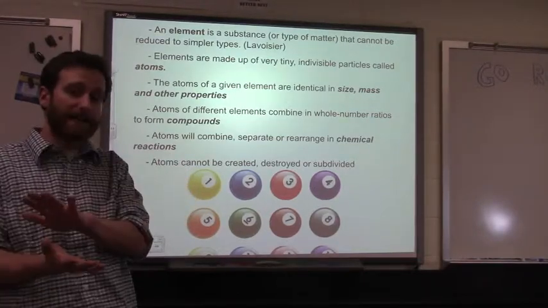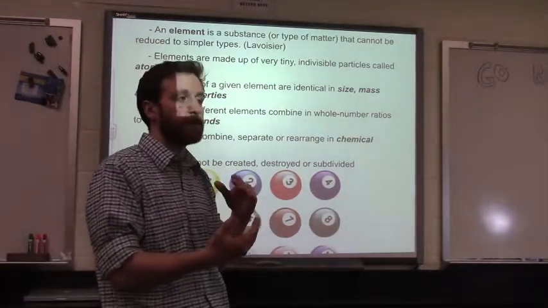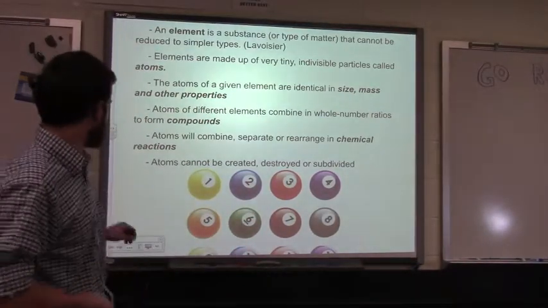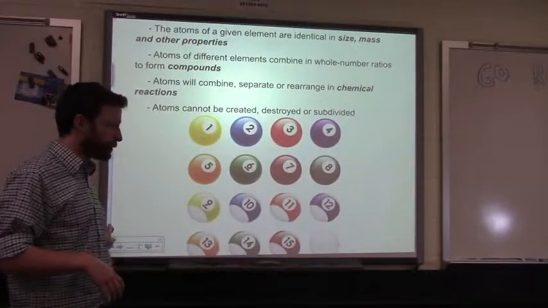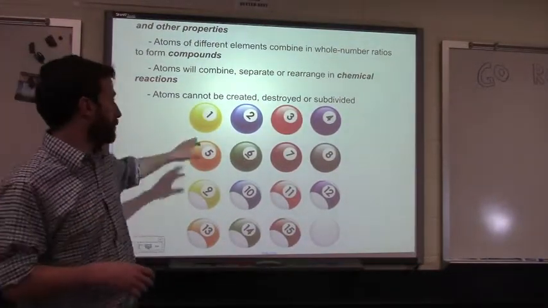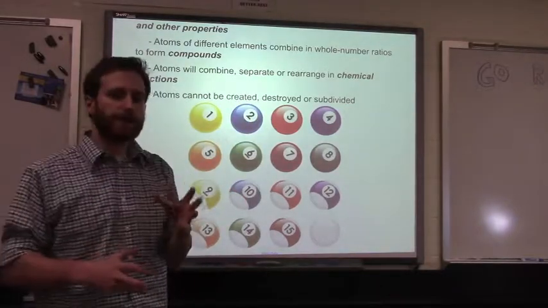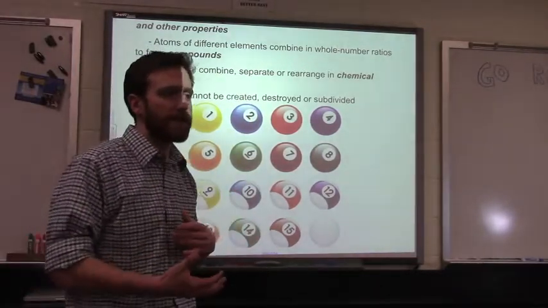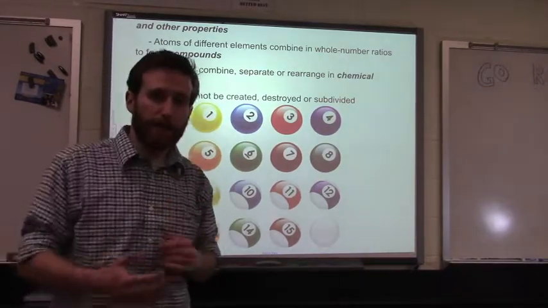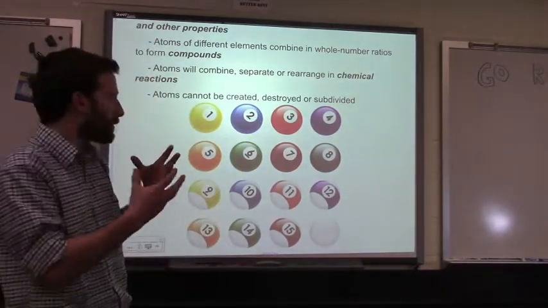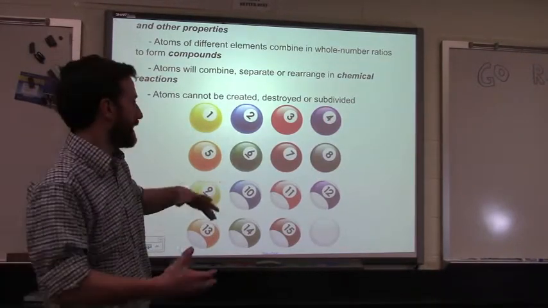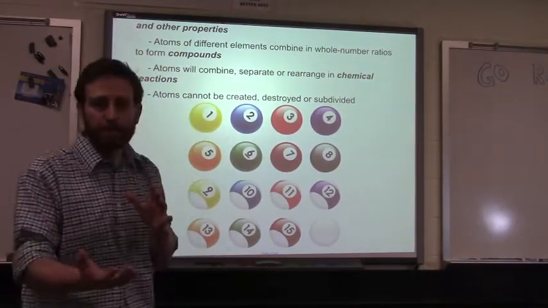So how I like to think of it, and how we often refer to John Dalton's atomic theory, is the billiard ball model. So we have billiard balls, and each billiard ball, the 1 ball or the 2 ball or the 3 ball, those represent different elements. And you would say that 1 balls, regardless of the pool table you're playing on, all have a 1 written on them, and they're all yellow. So all atoms of this element, the 1 ball, are the same.